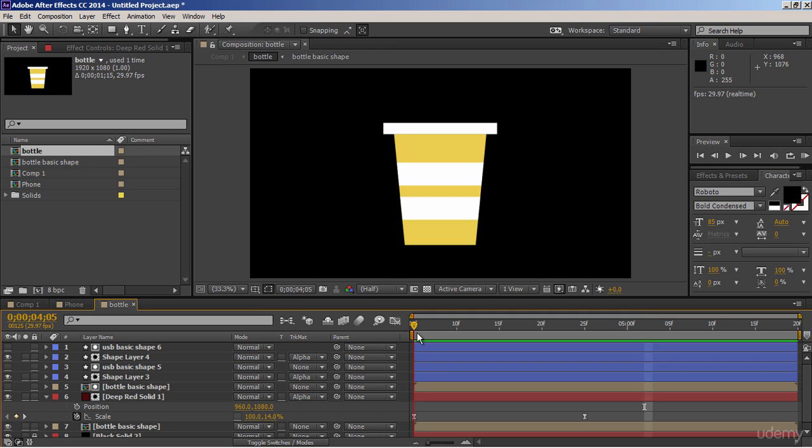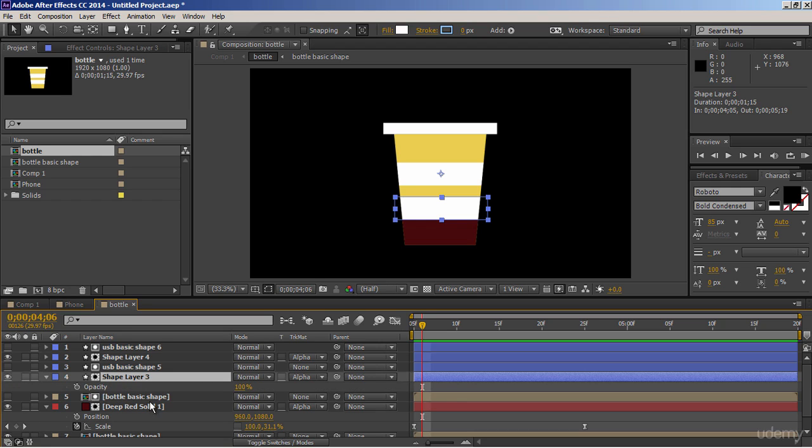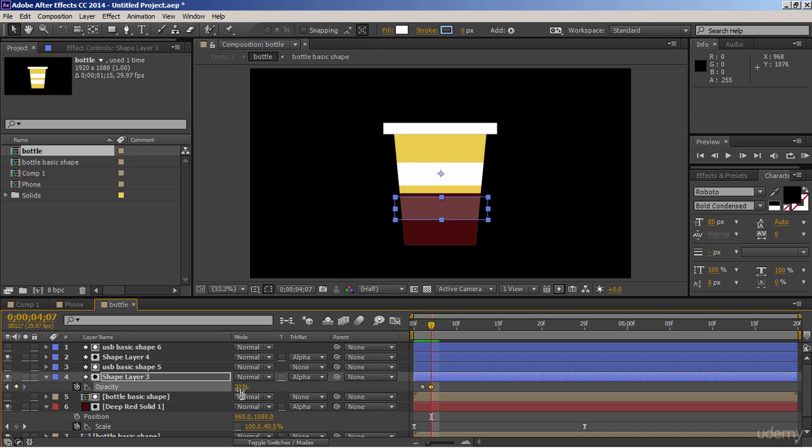First we have to check the animation timing. So here our coffee has arrived at the bottle rectangle's level. Let's open the opacity property of this layer by pressing the T key. Add a keyframe on it and leave its value at 100. Now move to the next frame and here it should be filled. To show the effect, simply change its opacity to 20% and it will look like its color has been changed due to coffee. Now do the same procedure for the next